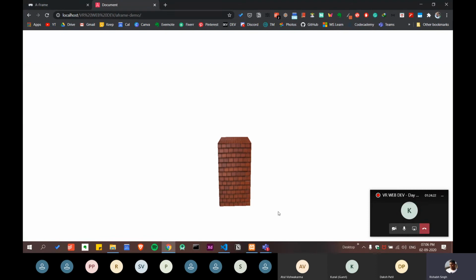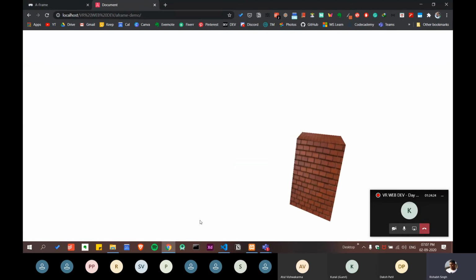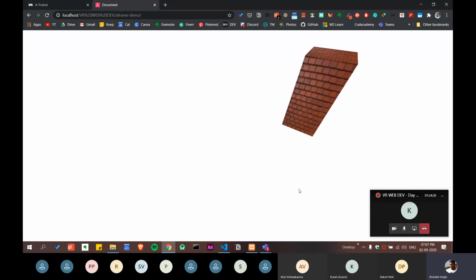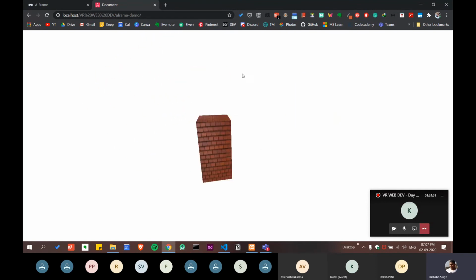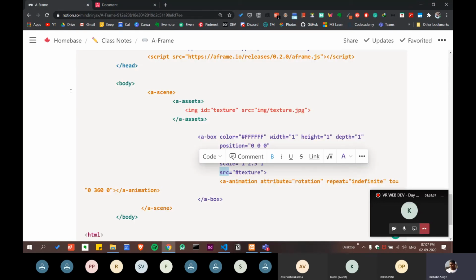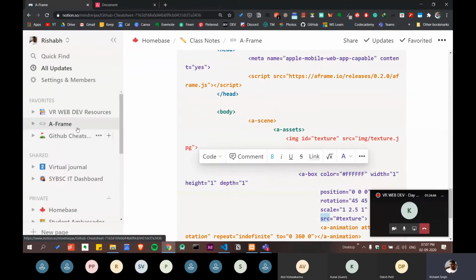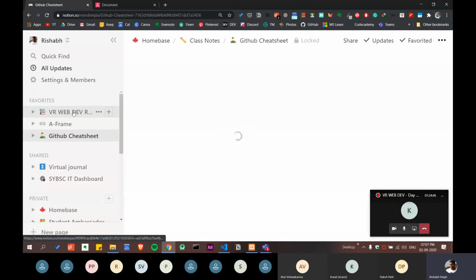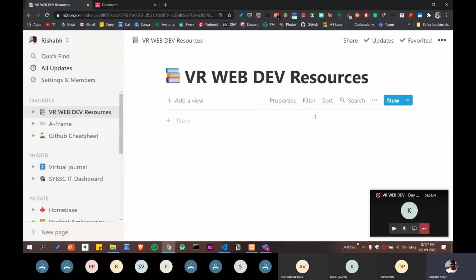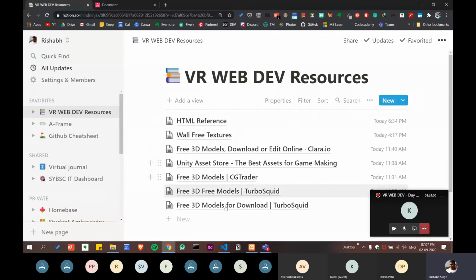As you can see, it is not looking very nice, but at least you can see we have given it some texture. That is a wall type of texture. You can download any type of wall texture, or any texture. I'm also going to give you this list of resources I have created. This is the one: HTML wall free textures.